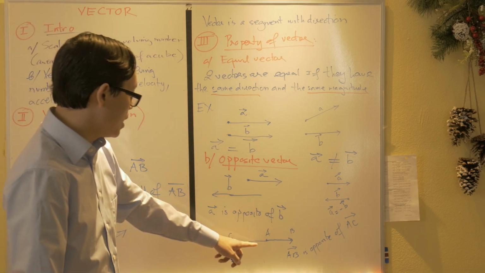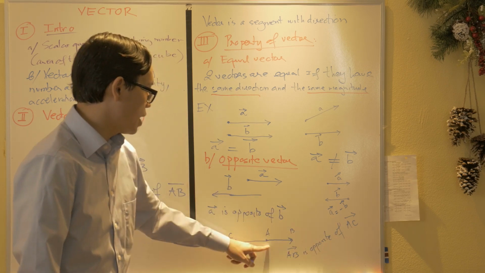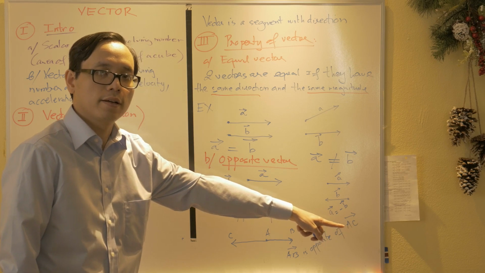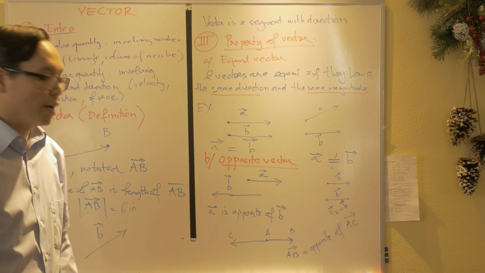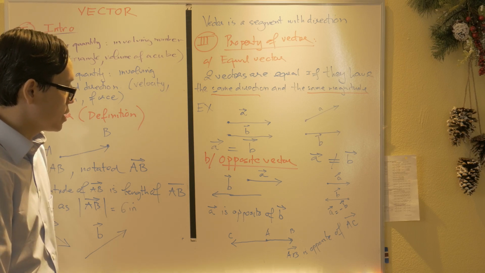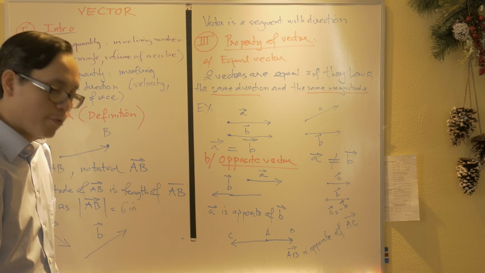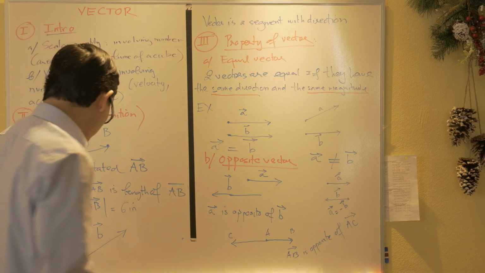However, if we do it like this, if we draw another AC on this side, for example, instead of drawing AC to the left hand side, I draw AC to the right hand side, then we're not going to say that they're opposite to each other anymore. In that case, we will call it parallel vector. Parallel vector. So on part C,